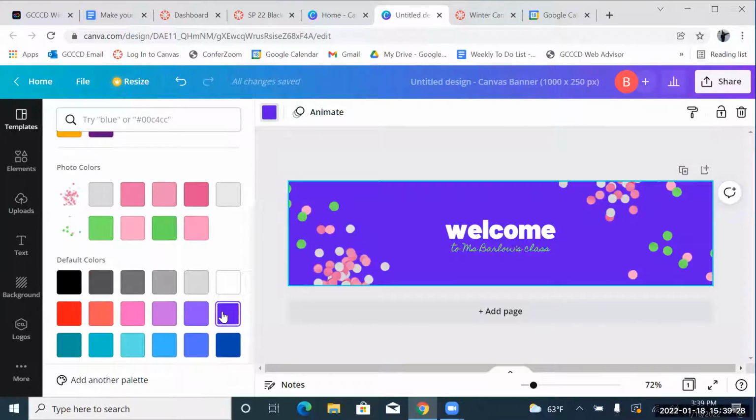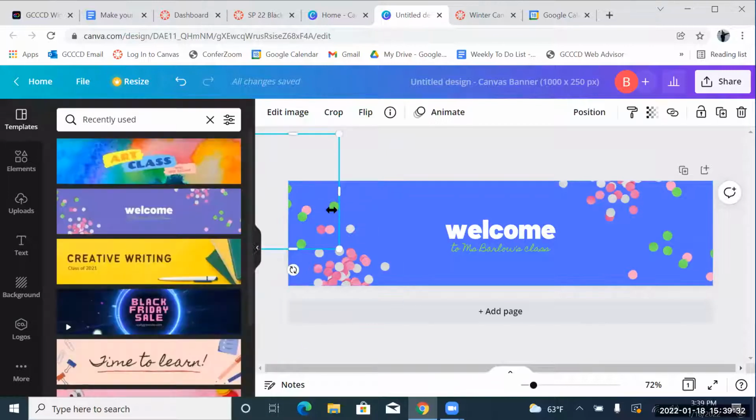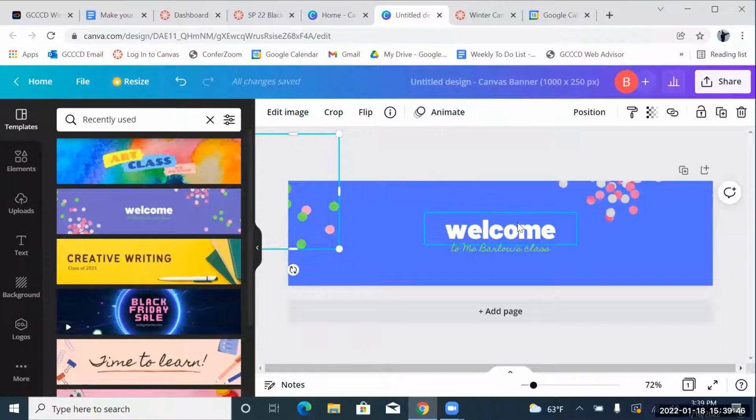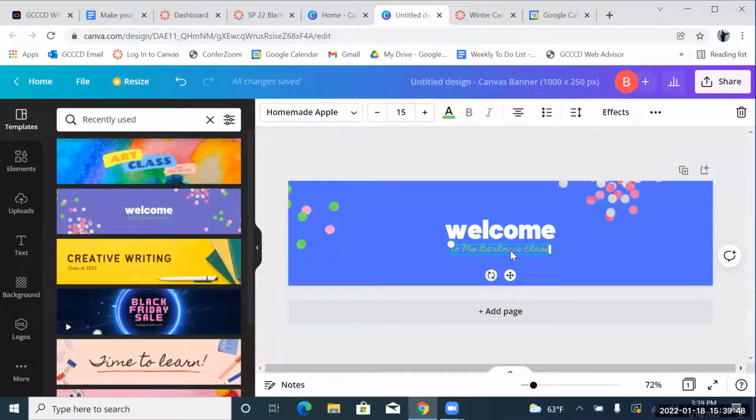So let's say we like maybe a softer blue. Then you see each of these, let's see here. You can hit the backspace, for example, if you want to delete an element, if you think this might be a little bit too busy. And then you can change all of the text that's here as well. So let's say welcome,